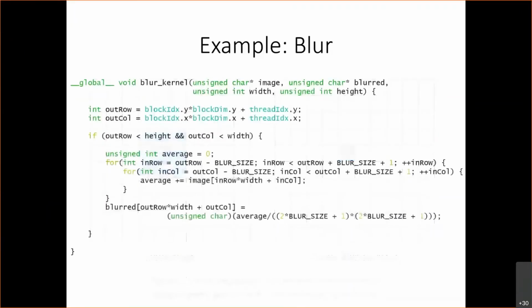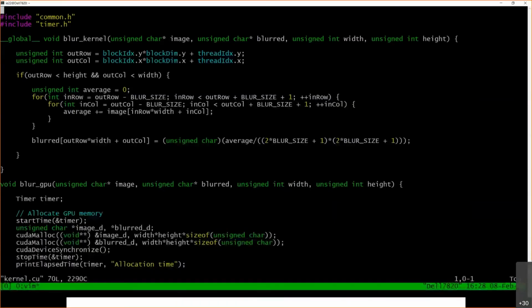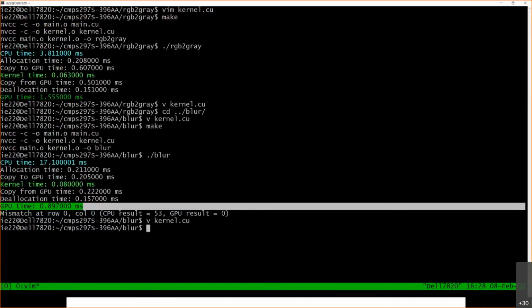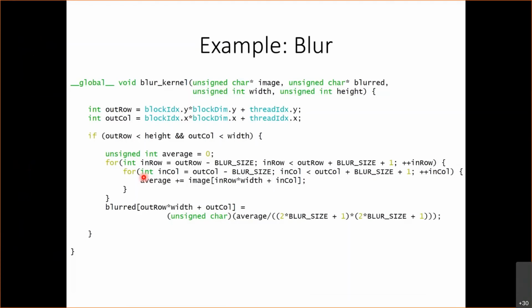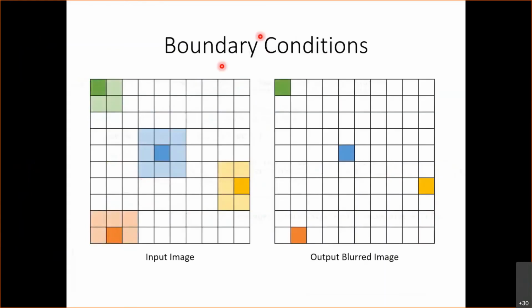So I got a little excited and I ran the code early. This is the code that we just wrote, but the punchline was that when we ran it, we had a mistake, and we were supposed to keep going and try and figure out what the mistake was. And the mistake was that we're not handling the boundary correctly. So the boundary condition,